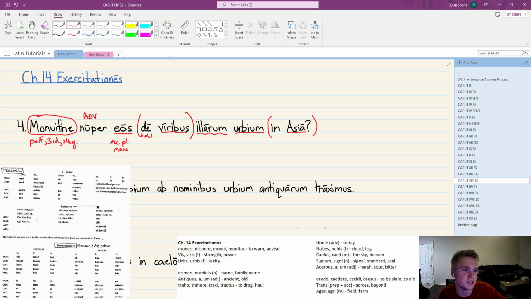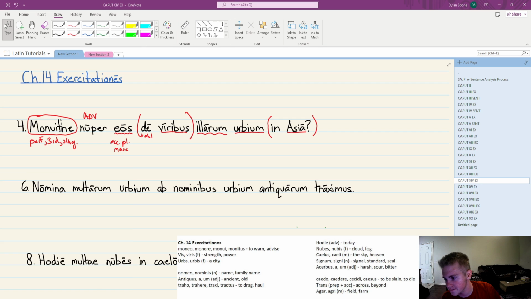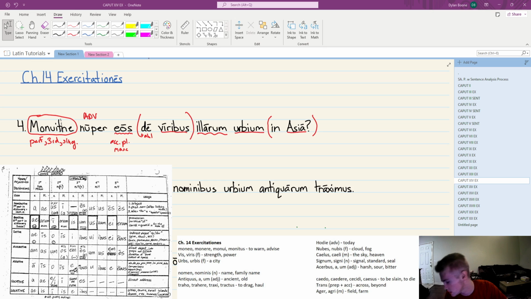De means about. It's a preposition which takes the ablative. Viribus actually does not come from vir, man. It comes from vis, vires, strength or powers, which is a third declension i-stem noun. Who would have thought, i-stem nouns? However, it's nothing special about the way this one goes. If you take your third declension from the declension chart here, you'll find that -ibus can either be dative plural or ablative plural. Well, we're next to a preposition that takes the ablative, so we can guess ablative plural, right? It's feminine in terms of gender.